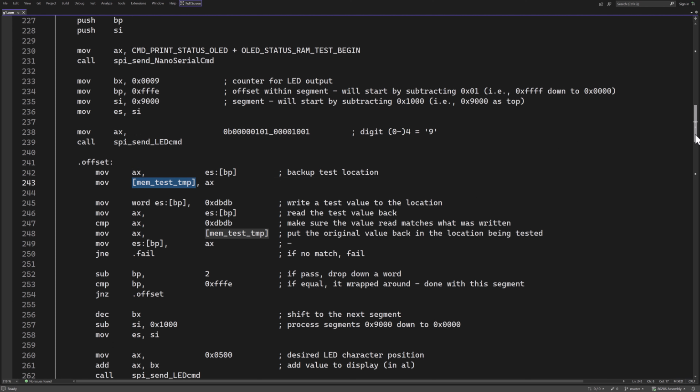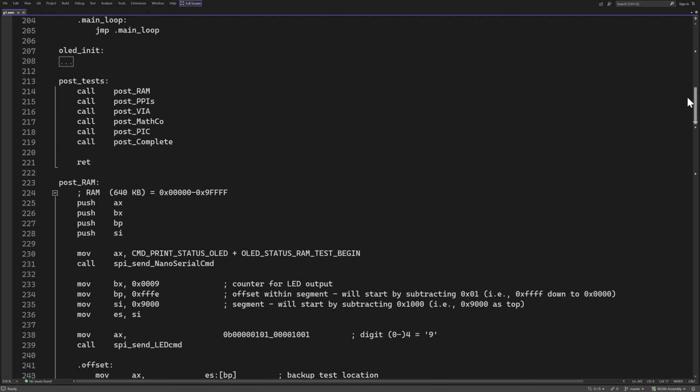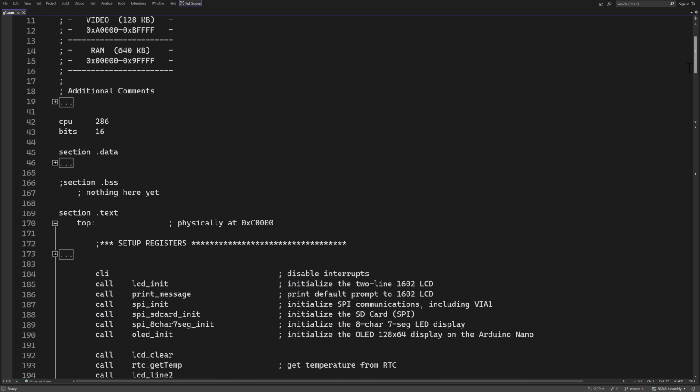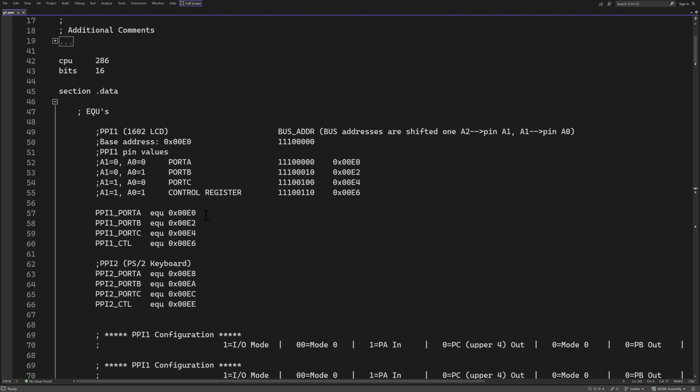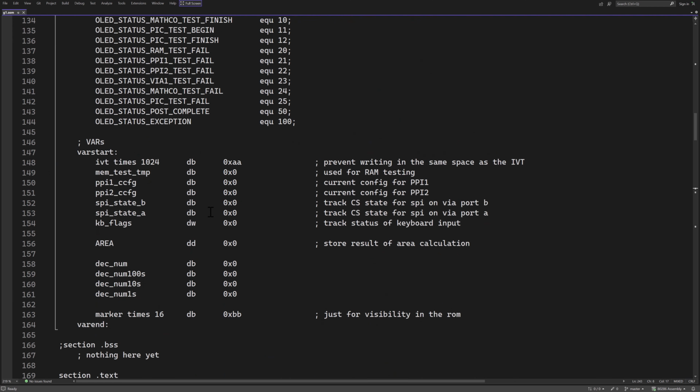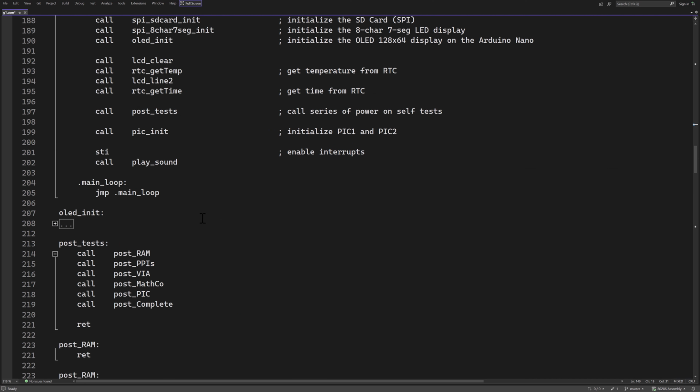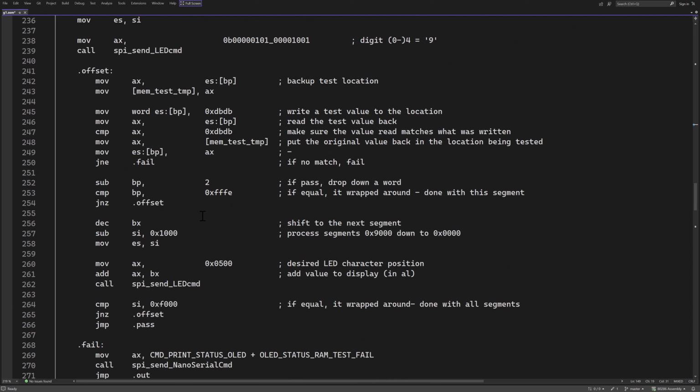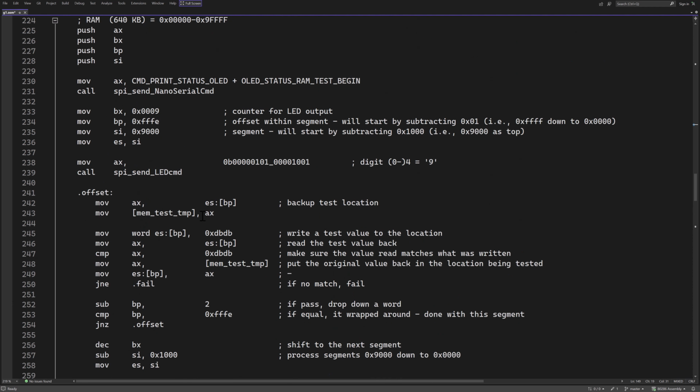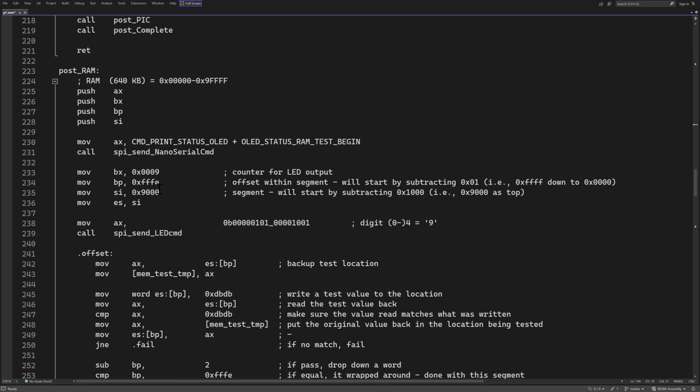which actually that might be a minor bug. I better fix that up in my data. Initially I was doing this 1 byte at a time, but then I changed it to words, and so this probably should be a DW. So I'm going to set aside a word, not just a byte. Okay, sorry about that. Coming back down then,